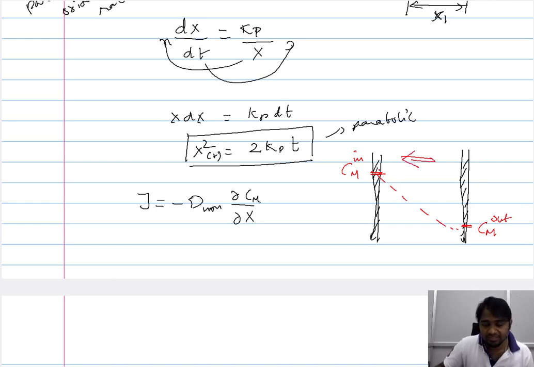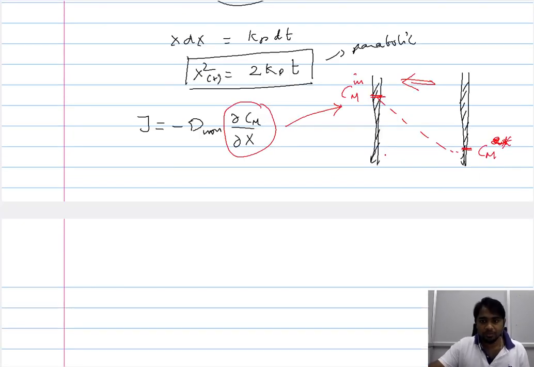So this difference in the concentration of the metal ion in the internal interface and the external interface can be written as external, instead of out, it is external. So this difference in the concentration of metal ion in the internal interface and the external interface acts as the gradient, and this is what we have here, and this gradient is what governs the driving force for the propagation of the metal ion from the internal interface to the external interface for the growth of oxidation.